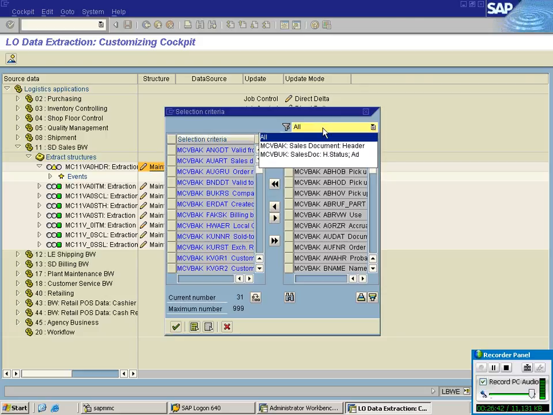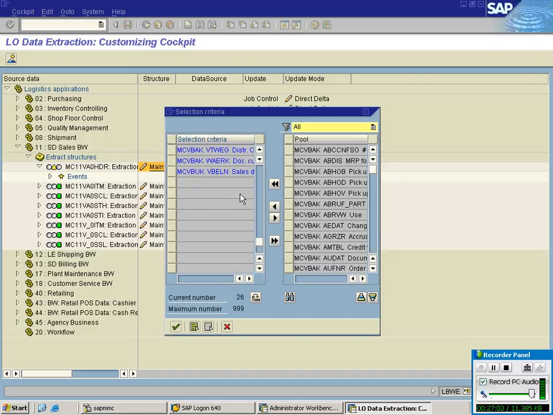So this is your pool, nothing but the ECS. MC is the prefix. And this is your extract structure. All these blue columns are mandatory columns delivered by SAP for your extract structure. Any additional columns you want to add, select like this and transfer. From ECS we are transferring to the extract structure.